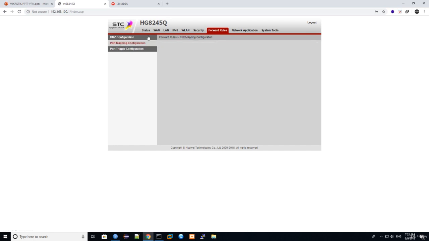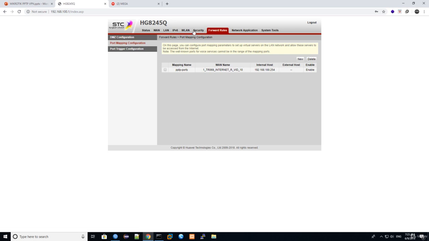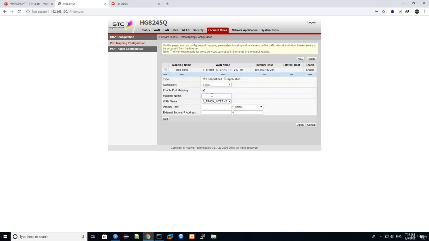You will see it in your router, maybe in a different GUI. Maybe you will see it inside the security tab, or in port mapping or forward rules. So I will go to forward rules and add a new rule. I will name it OpenVPN-ports. And I will give the internal host the IP of the MikroTik router,